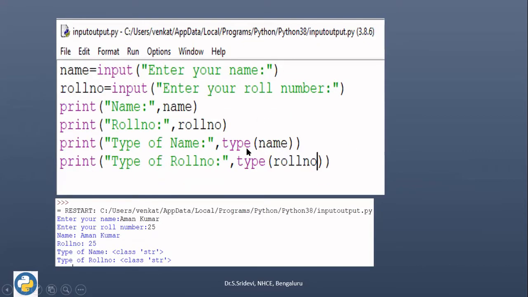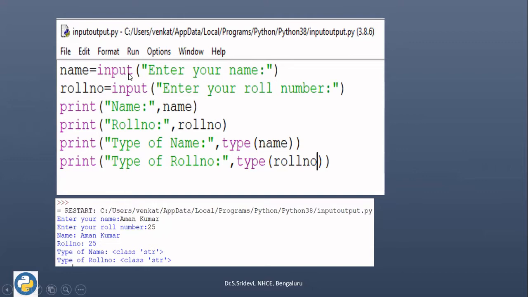Now let's see one program to understand the input function. So now I am going to write the program in the shell mode. So far we have seen the interactive mode. Here afterwards, let's see the programs in the shell mode. In this, first I am going to get the name as well as roll number from the user. So I'm going to read two inputs from the user. For that, I'm going to use the function input.